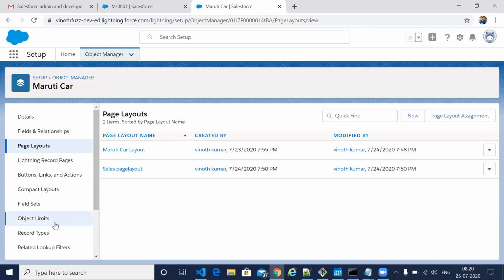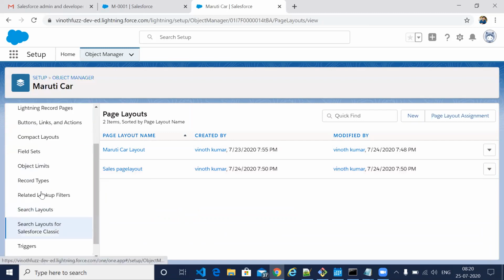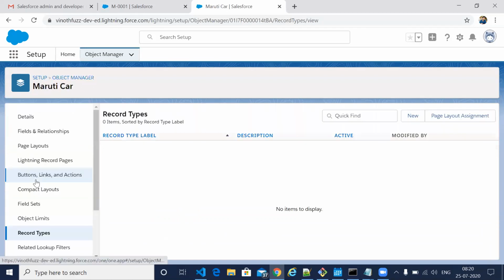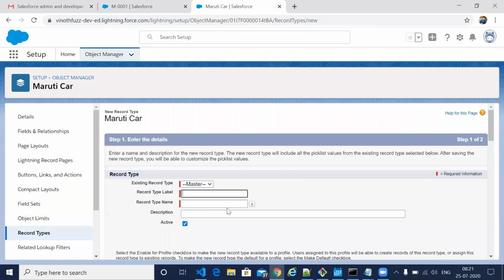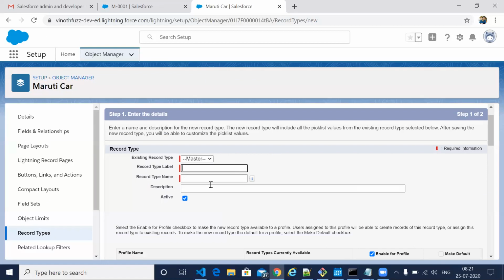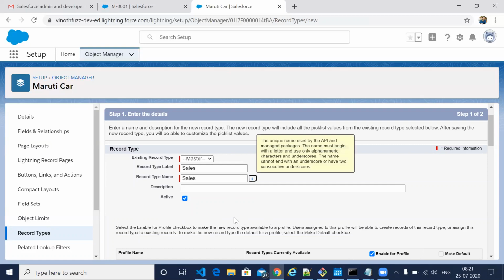Then we can go to record types. We don't have any record types, so how do we create a new record type? I'll give the label. I'm giving sales record type as the name.